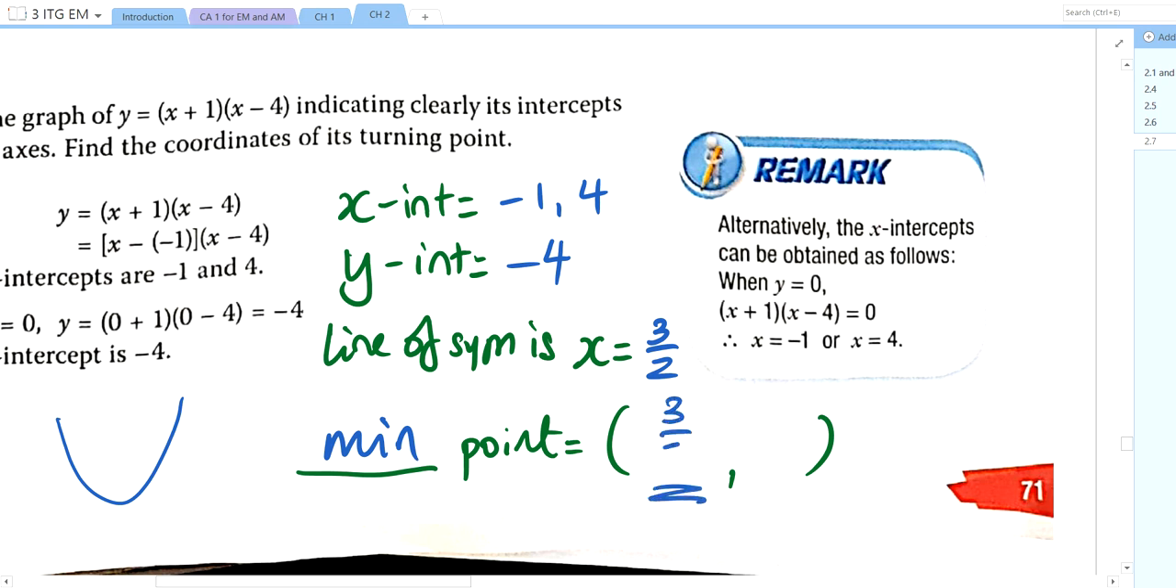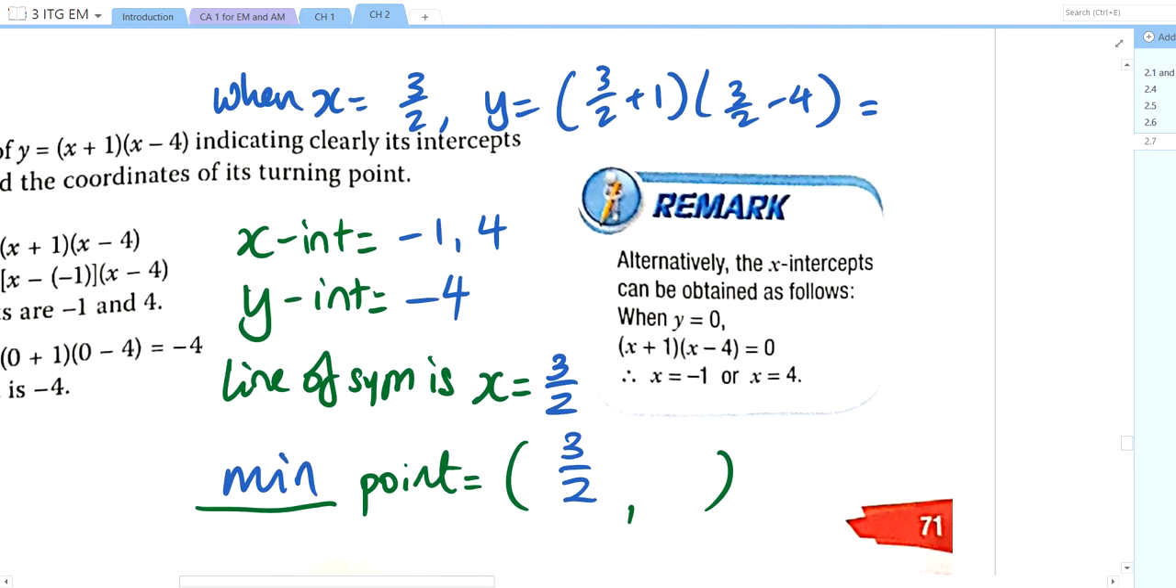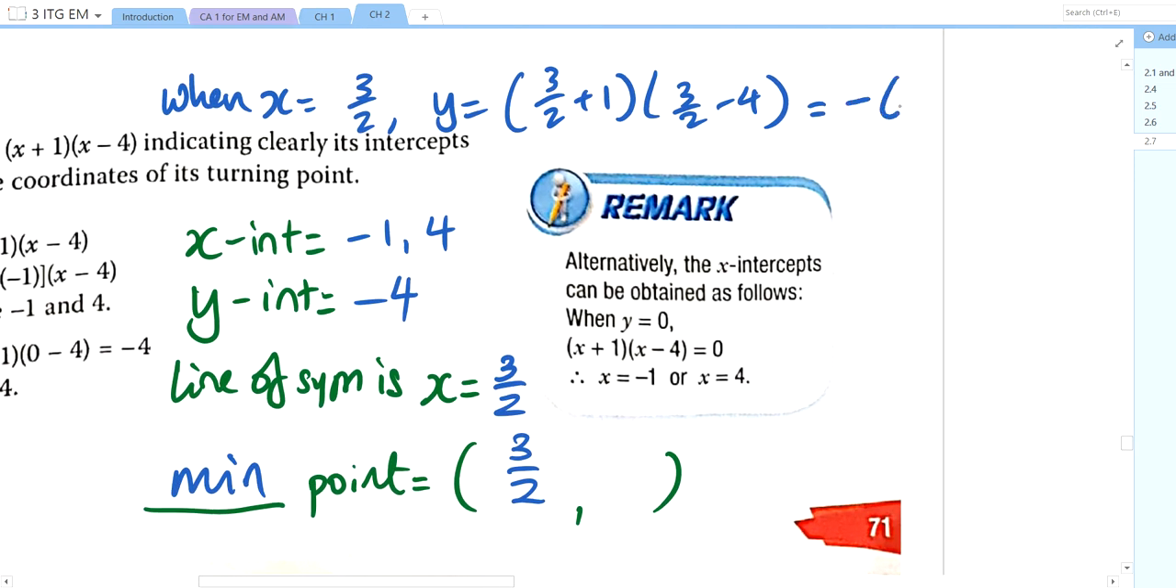3 over 2. It must be the same as the line of symmetry. When x equals 3 over 2, what is y? This is where you need to calculate. When x equals 3 over 2, y equals 3 over 2 plus 1, 3 over 2 minus 4. And the answer, how much? Negative 6 and 1 quarter, is it? Sure. Okay, I prefer to leave it in improper fraction. So this will be negative 25 over 4. Okay? Now,